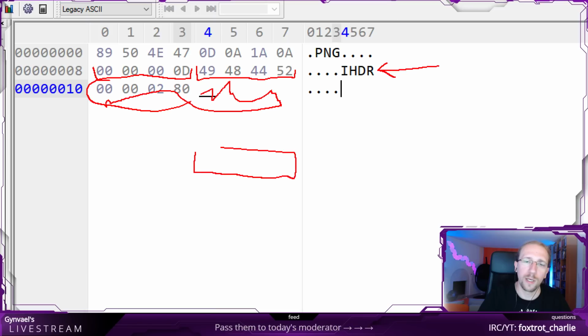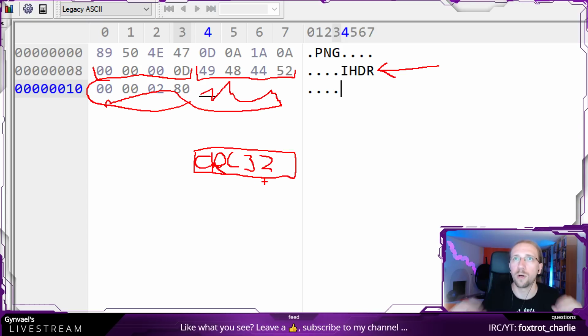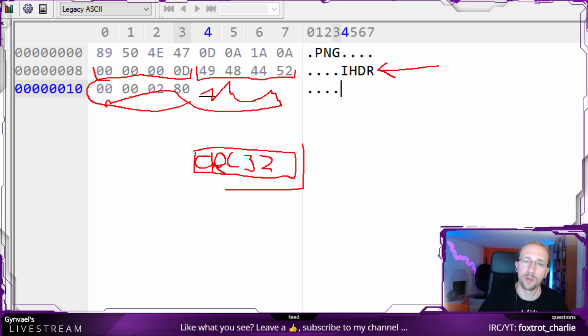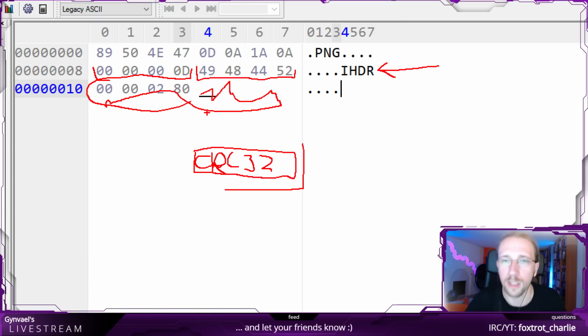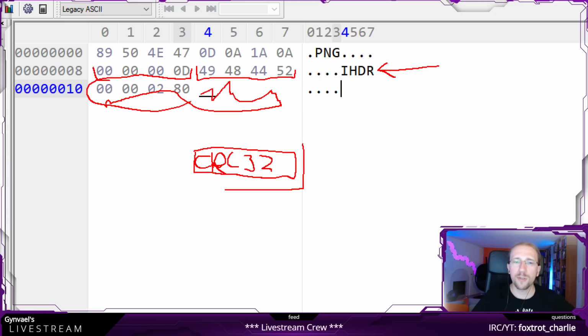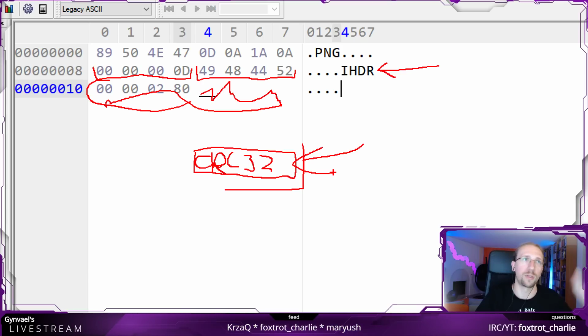Somewhere at the end there would be a CRC32 of the block, and this is the end of the block. So at the end there is a CRC of all the things which are before, or maybe of the data only. We will check it out in a second. The CRC field here is pretty interesting because it might be guessable for us. We might actually guess it.